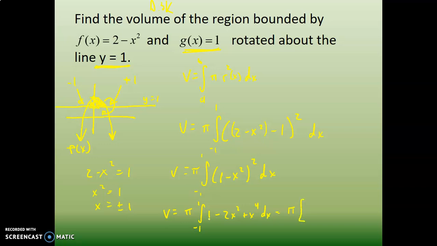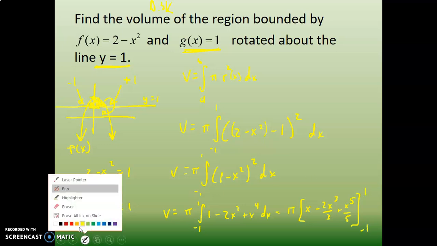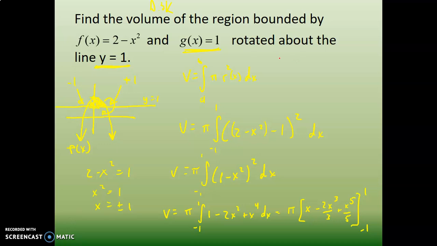So integral of 1 is x minus 2x³ over 3 plus x to the 5th over 5. And we're going from -1 to +1. I'm going to switch colors and move up here to simplify. So now we've got pi times, let's plug in positive 1 first. So 1 minus 2 times 1 cubed over 3 plus 1 to the 5th over 5